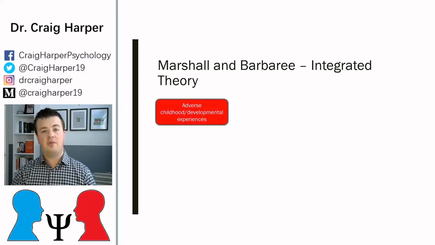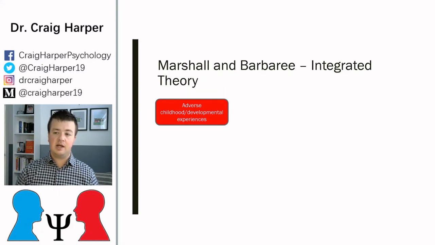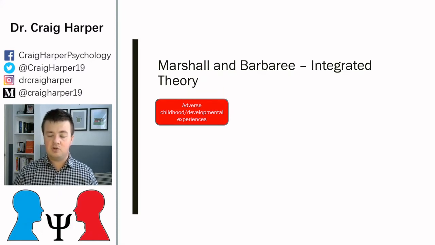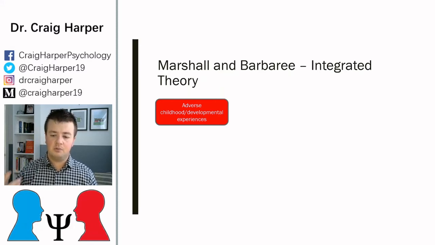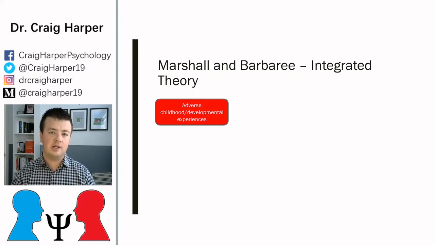So just to give you an overview of what the model looks like, it begins with the idea that an individual, typically someone who is an adolescent, may have faced adverse childhood or developmental experiences. If we think back to the Cambridge study and Moffitt's work on the life course theory in relation to delinquency, we're thinking about things like poor attachments. We're thinking about not having supervision in the home. We're thinking about maybe neglect at a young age, not necessarily learning those socially acceptable models of how you act in the social world.